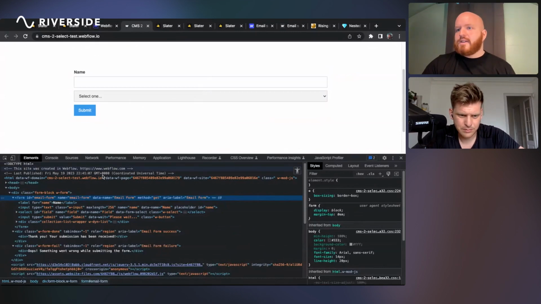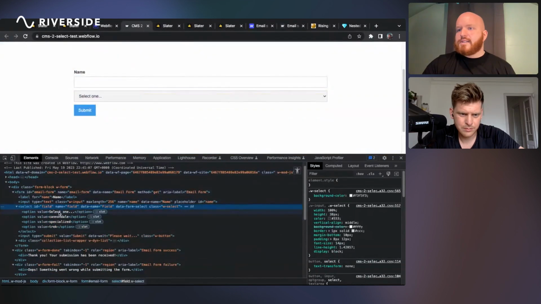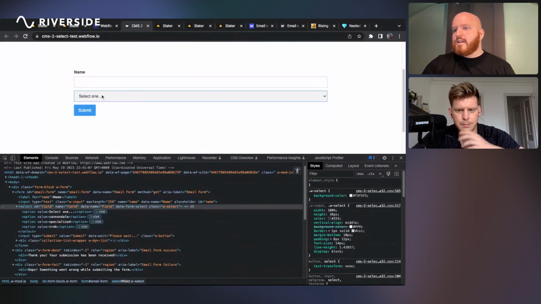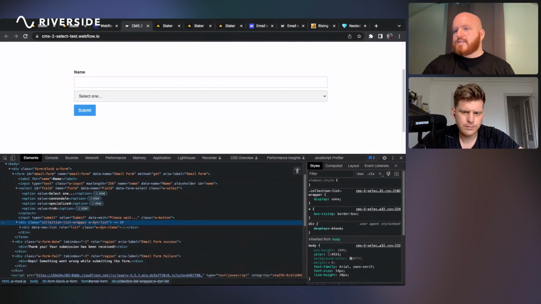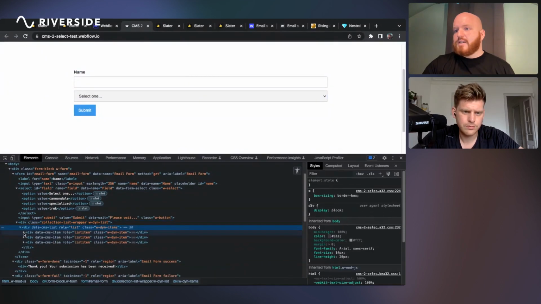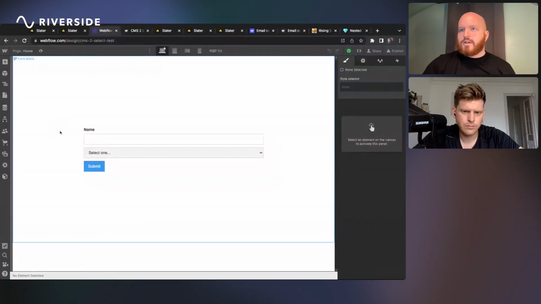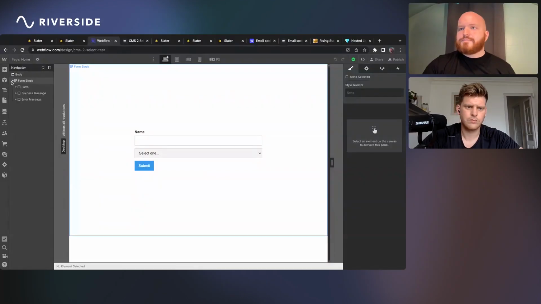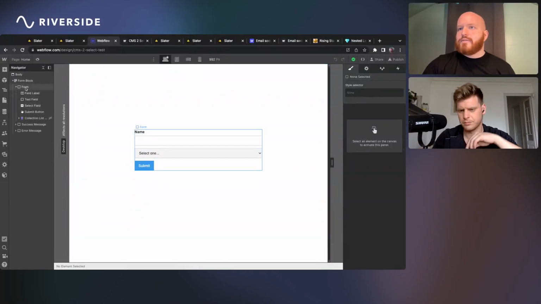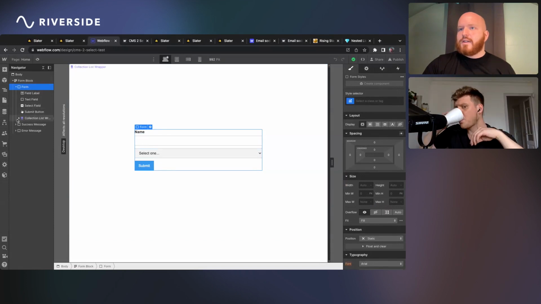Yeah. So what's happening here is this select field has these values in it, like we see on the page, but they're actually coming from this collection list, which is hidden on the page. So in the project, within the form element itself, I've just dropped in a collection list, and this is just pulling the text.